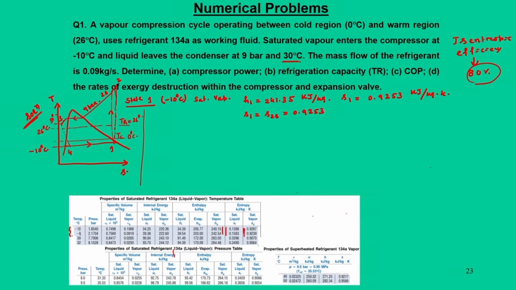and since S 1 is equal to S 2 S, that is 0.9253 kilojoule per kg Kelvin, and the isentropic efficiency of the compressor we can write as H 2 S minus H 1 divided by H 2 minus H 1, and that is 0.8. So, from this we have H 1, we have entropy S 2 S, and from this data we can find out P 2, state 2